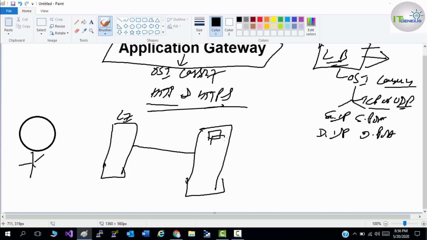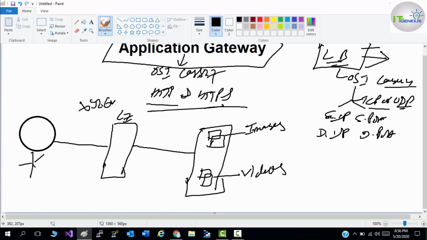Let's suppose there are two backend servers supporting images, and there are two backend servers in your pool supporting videos. Now your organization name is, let's suppose, xyz.com.